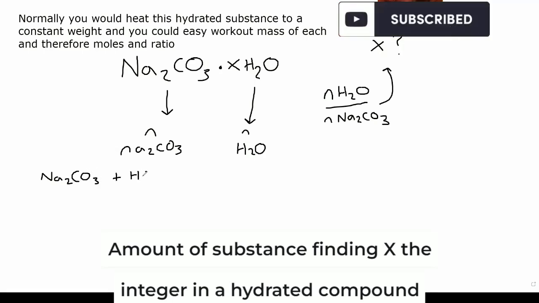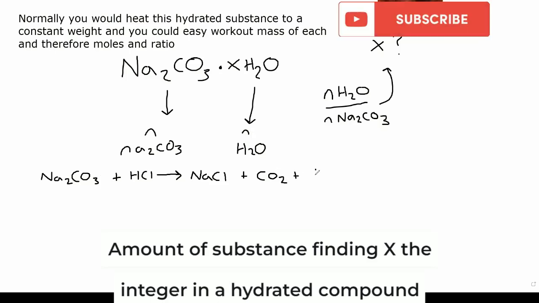So we have Na2CO3 plus HCl. You should know this from GCSE, how to do these. It goes to NaCl, which is your sodium chloride, and then we're going to make carbon dioxide and water, or water and carbon dioxide, the order doesn't matter. We now need to balance it up. I've got 2 hydrogens on the water, so I'm going to need a 2 in front of the HCl, and I've got 2 sodiums in the carbonate, so I'm going to need a 2 in front of the NaCl. The main takeaway is that my ratio of reaction between the carbonate and the hydrochloric acid is 1 to 2. I'm going to need 2 moles of hydrochloric acid for every mole